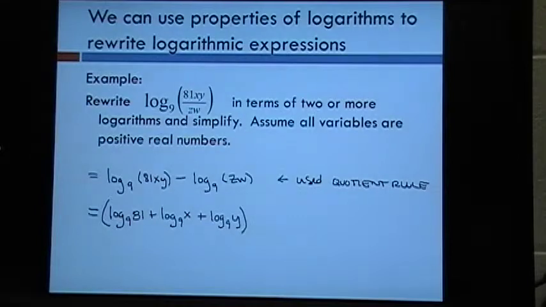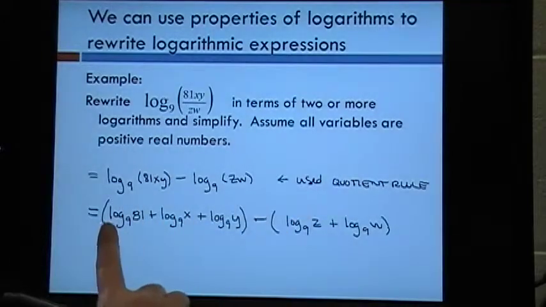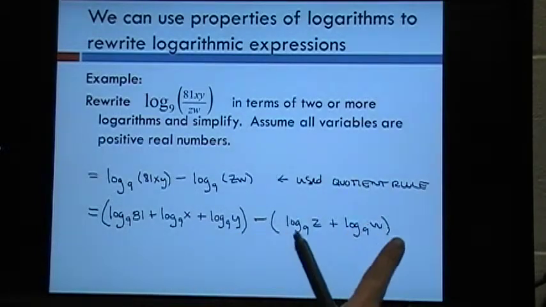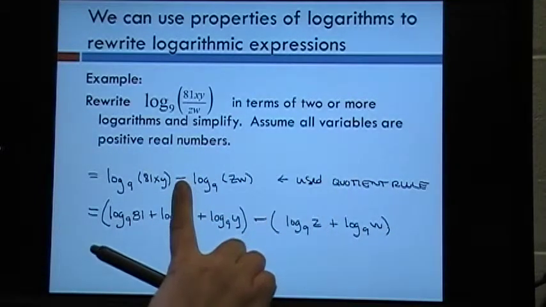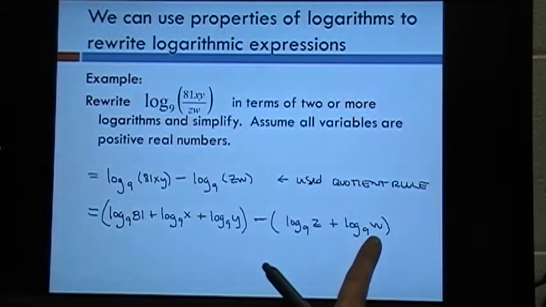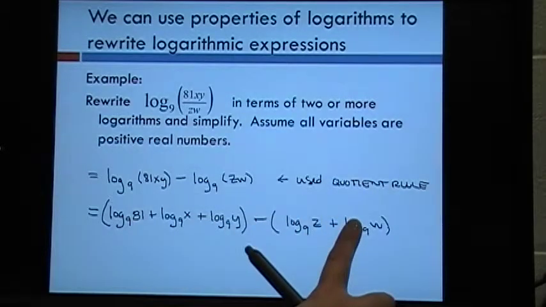And that's this, all split apart, minus, when I split this apart, I have log base 9 of z plus log base 9 of w. Okay? And then coming back, this first set of parentheses is really not essential, but the second set of parentheses is, because we are subtracting this whole value here. And when we split that apart into 2 terms, we need to make sure that we subtract each of those